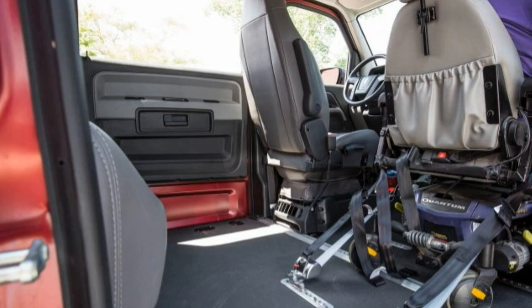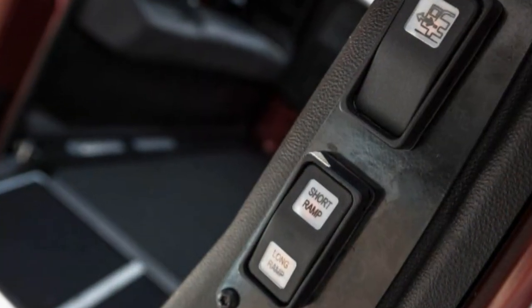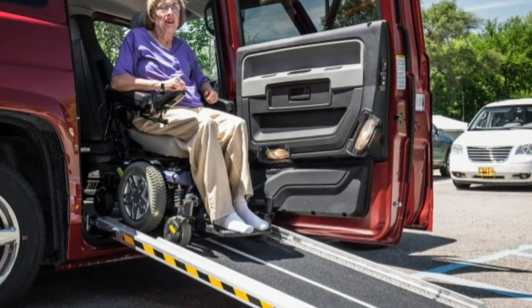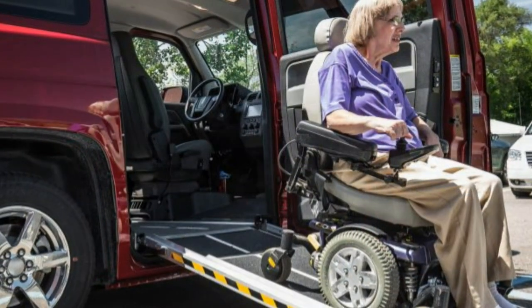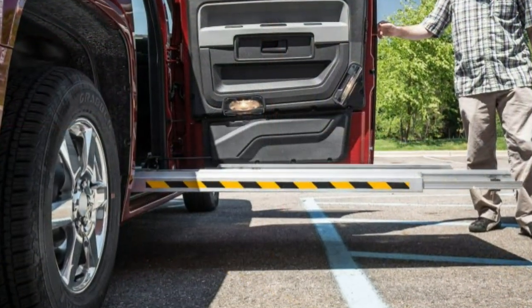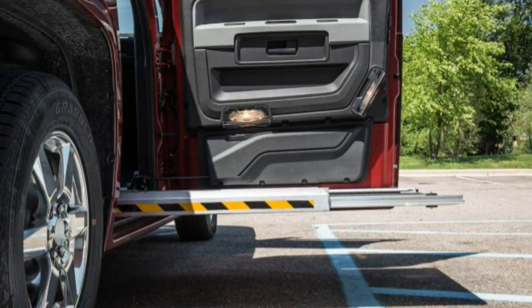But the best solution for an MV-1 owner might be to fine-tune the wheelchair's orientation by installing a single-point docking station, a setup that's similar to a big rig's trailer hitch and would help ensure consistent wheelchair positioning for every journey. Conversions that allow the wheelchair user to transfer into the MV-1 driver's seat also are available. It must be noted that mobility aids such as wheelchairs and scooters come in as many sizes as the humans